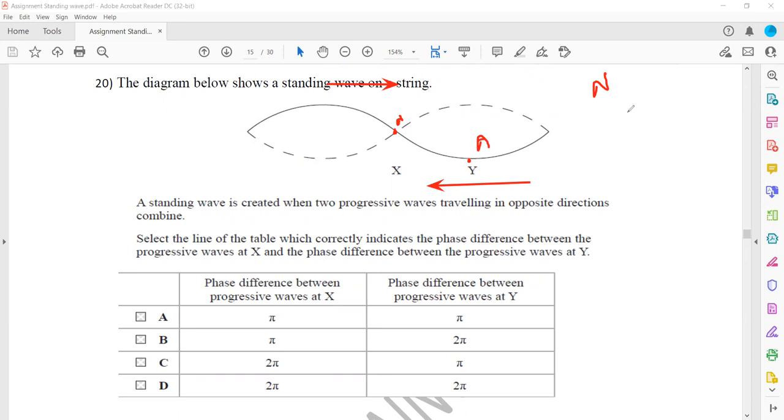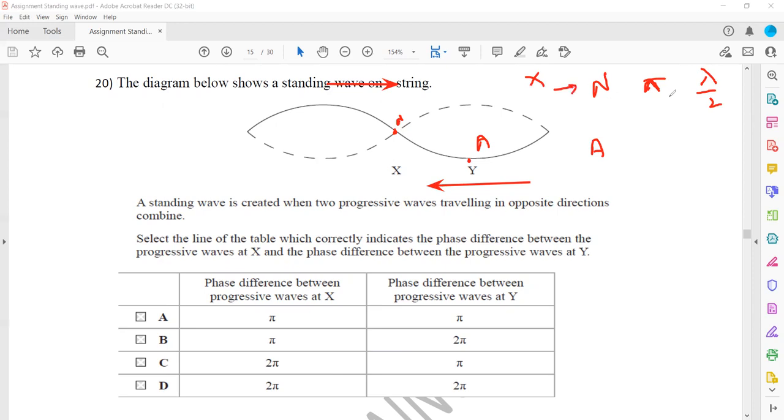So when a node is formed by constructive interference, the phase difference should be 2 pi, or the path difference should be lambda. Sorry, it's node that is there. So whenever a node is formed, they should completely cancel out the effect of each other. So destructive interference, so this will be pi or lambda by 2. And when an antinode is formed,